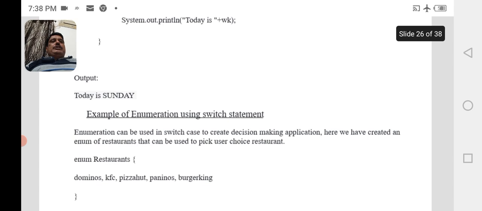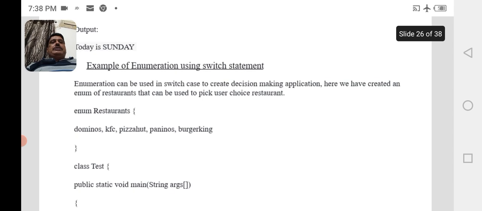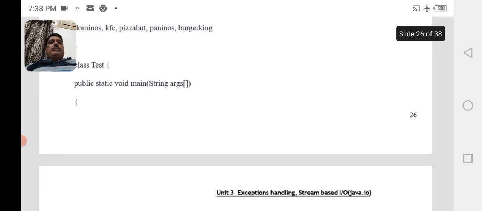Example of enumeration using a switch statement. Enumeration can be used in switch case to create a decision making application. Here we have created an enum of restaurants that can be used to pick the user's choice of restaurant. Enum restaurants: Domino's, KFC, Pizza Hut, Paninos, Burger King. Class test, public static void main, String arguments.